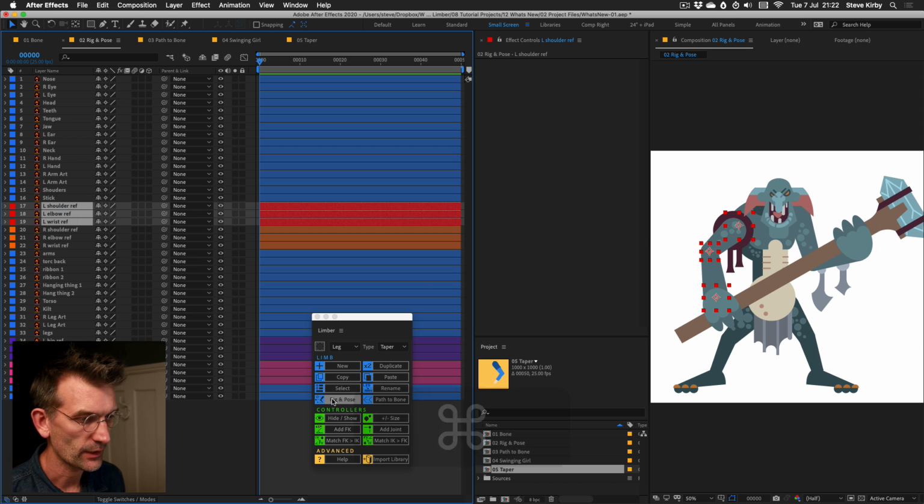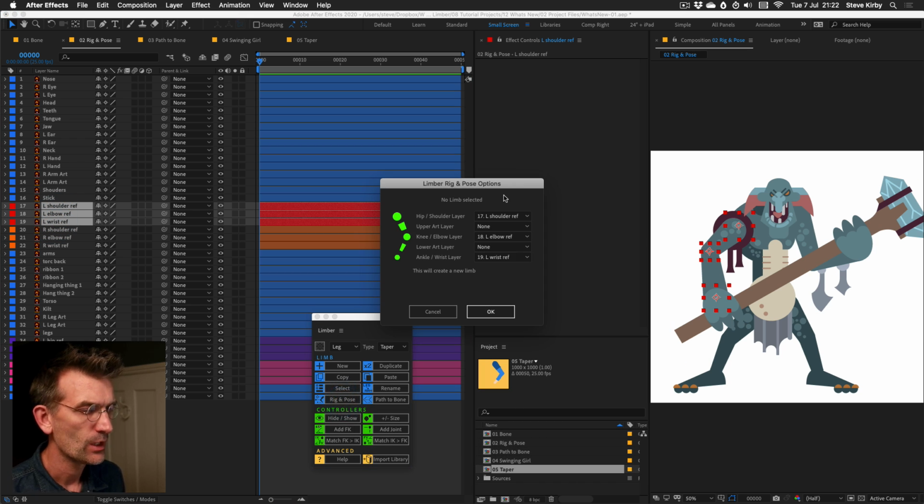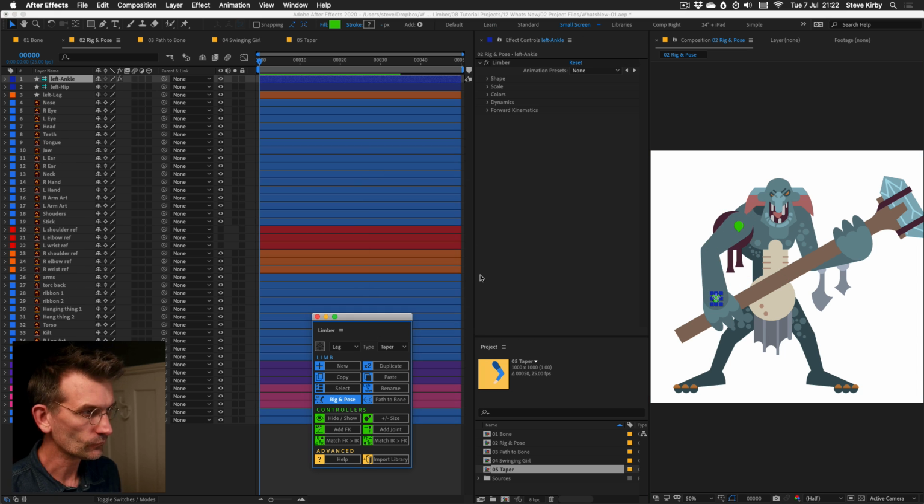wrist, and then if I click rig and pose, there is this new options panel which shows you a representation of which layers are being used for what. So we have this hip shoulder reference layer here, and then the knee, and then the ankle, and those dropdowns are all selected correctly, and it tells me what it's going to do. This will create a new limb, because if we just selected an existing limb, then it would simply pose that one. There's no limb in this comp, so I'll click OK, it wants a name, and then it's just made me